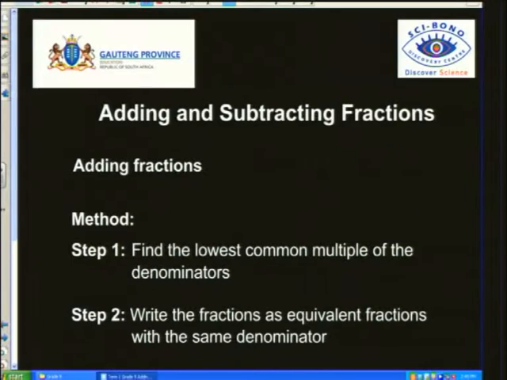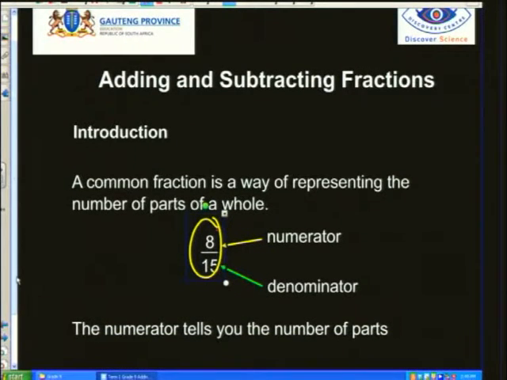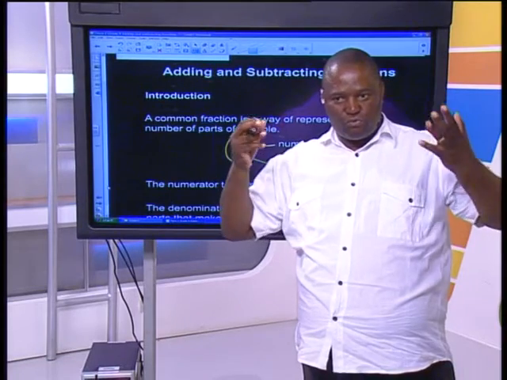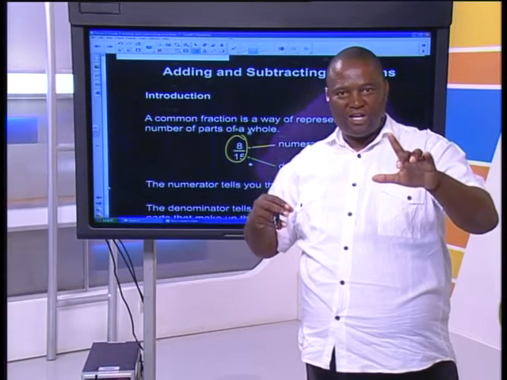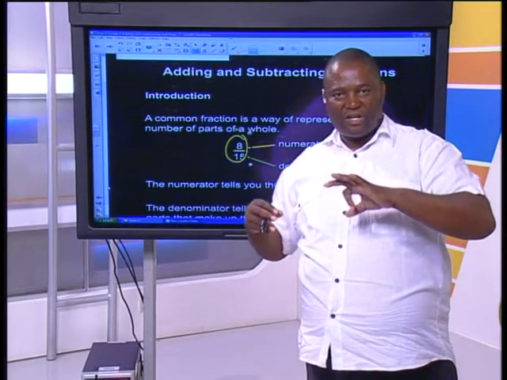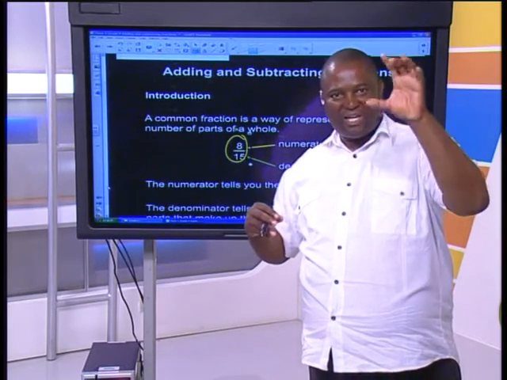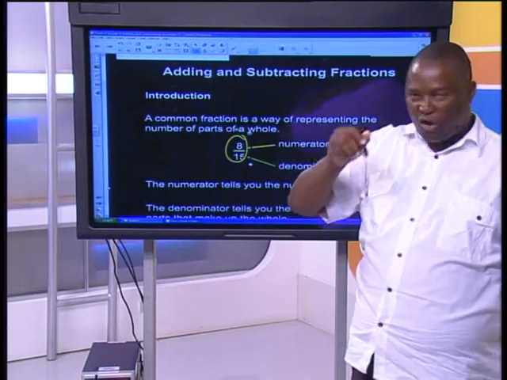So let us try and define a denominator, and let us try and define a numerator. A numerator tells us about the number of parts. That's what we get from a numerator. So if they gave you a classwork of 5 activities, and you got 3 activities out of 5, your 3 is written as 3 over 5. So that 3 indicates your numerator, and it tells you that you got 3 out of the total of 5